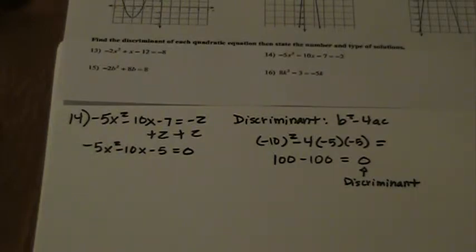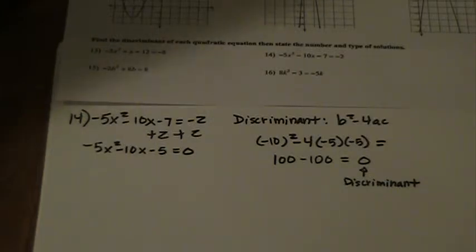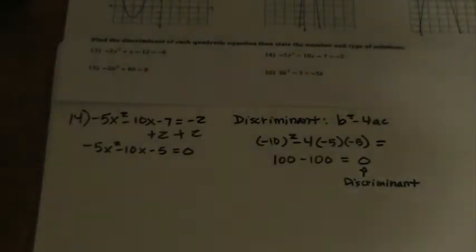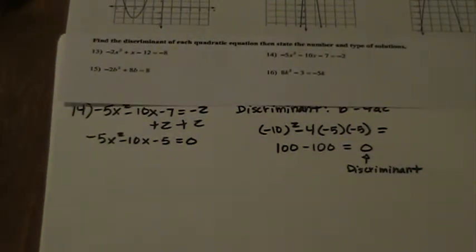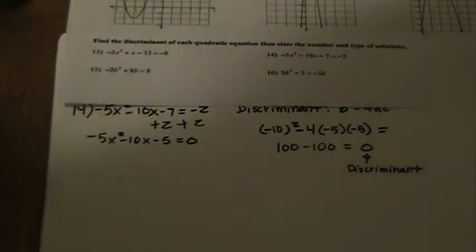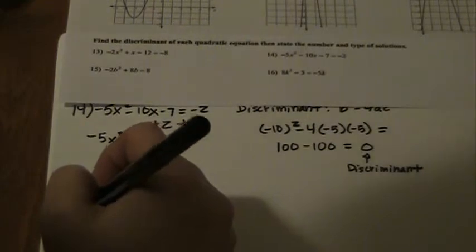So, just a quick review of that table. I'm just going to write it down here at the bottom, just in case you need to have a refresher. So if your discriminant is positive